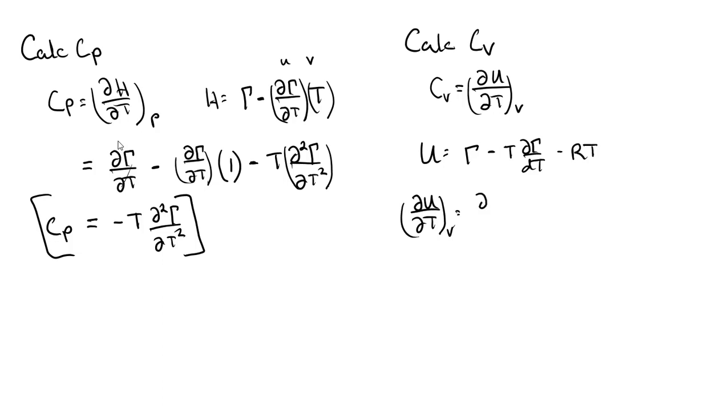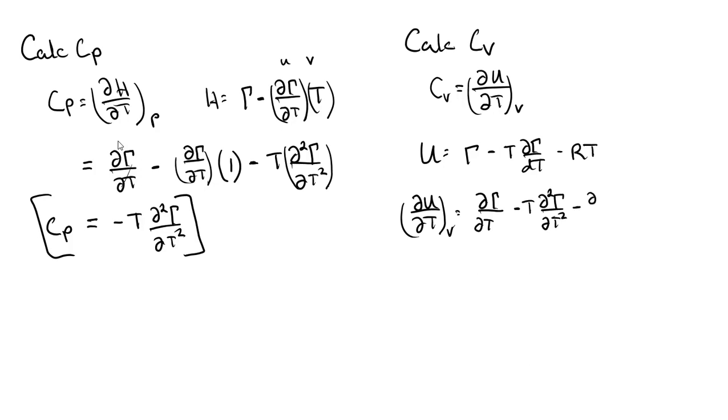So that is partial of Γ with respect to T. And now again we have our product rule that we have to take into play. So it's minus T times the second derivative of Γ with respect to T,